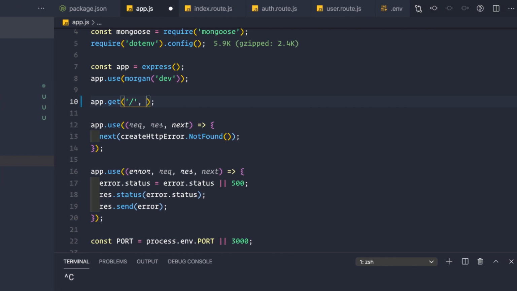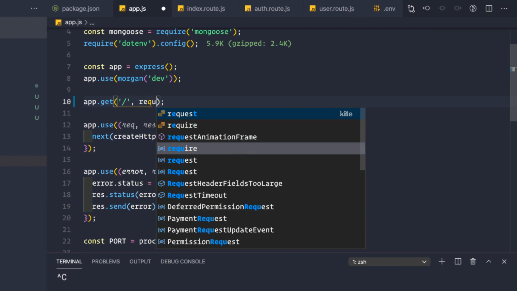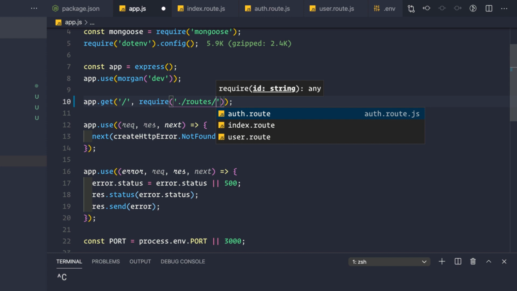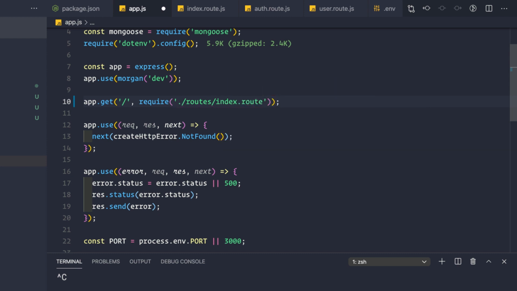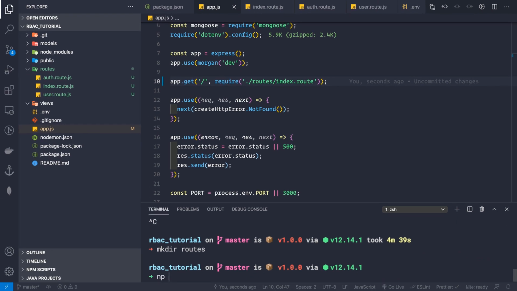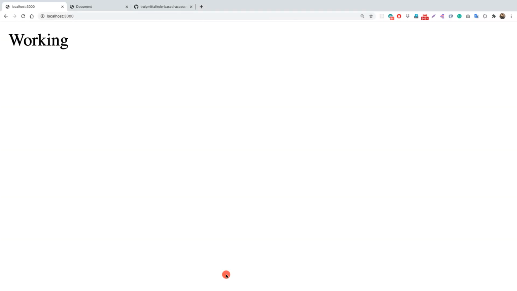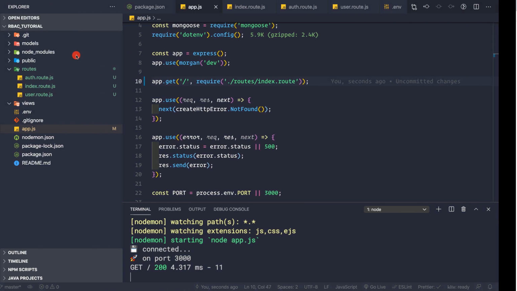So for this, let me make it like this, that is require ./routes/index.route, like this. Why it's not autocompleting, I don't know. So now let me save this, and now let me do npm run dev, and this time we'll be seeing hello world. So let's refresh and we'll see that we are getting hello world.